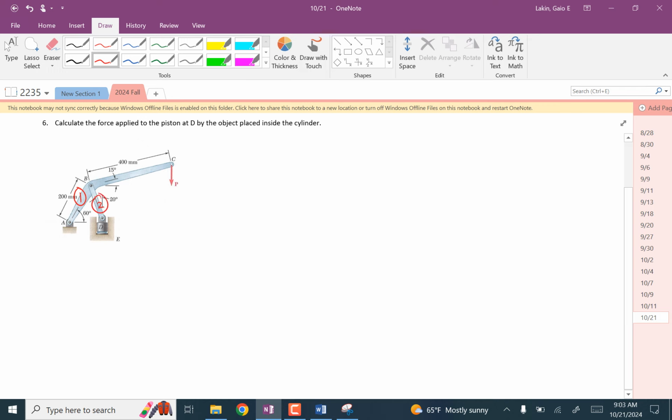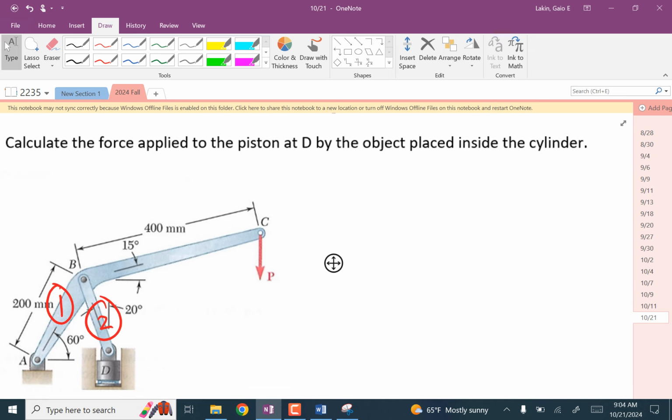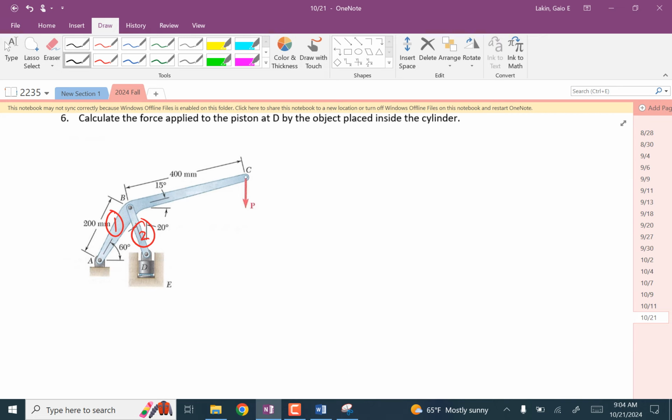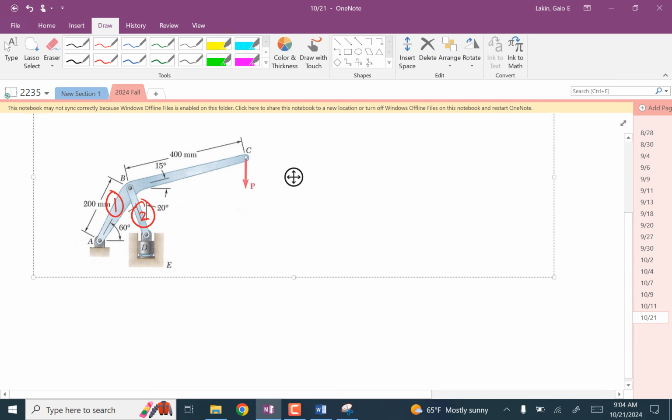Is there any chance you could expand that image just a little bit? And those are already labeled. Okay, so